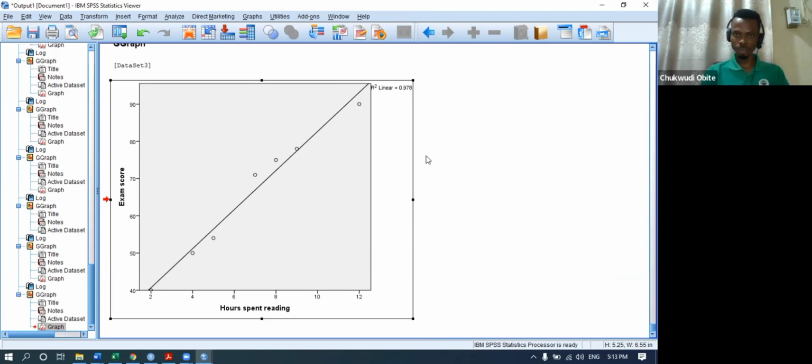Let me say it again. There's a strong positive relationship between exam score and the number of hours a student spends reading. Then 97.8% of the variation in exam score can be explained by the number of hours a student spends reading. Very simple. So I've been able to achieve and to show that